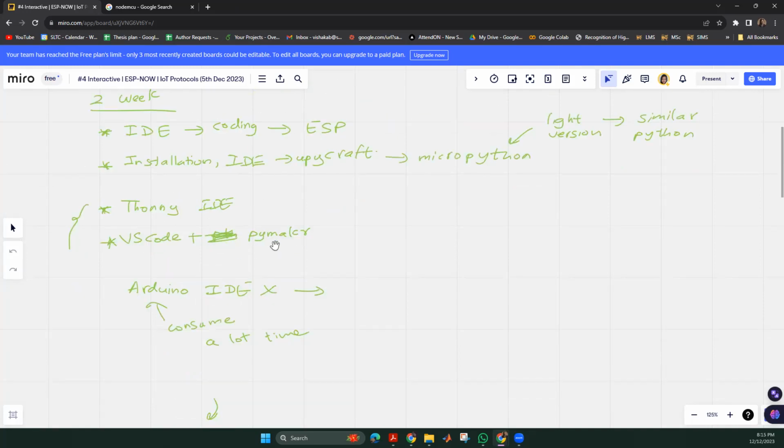So these IDEs also enable you to do the coding in Python, C++ languages. So C++ is the language that is used by experts to do the embedded system coding. However, in my class, I have asked you to do using MicroPython as well if you prefer. So when you are doing the project, IoT project, you can use MicroPython or C++.